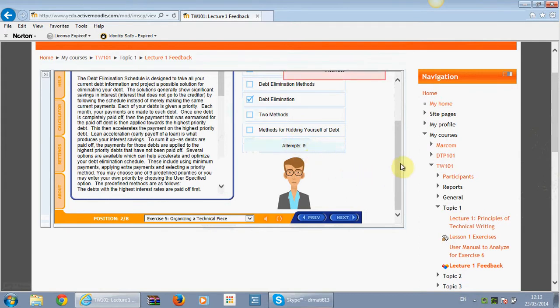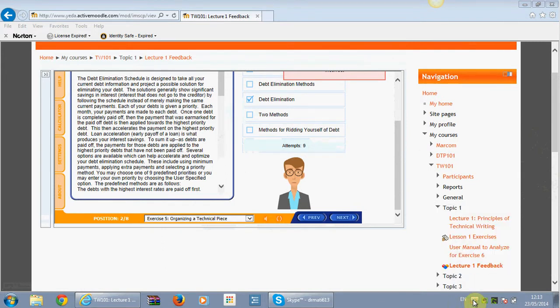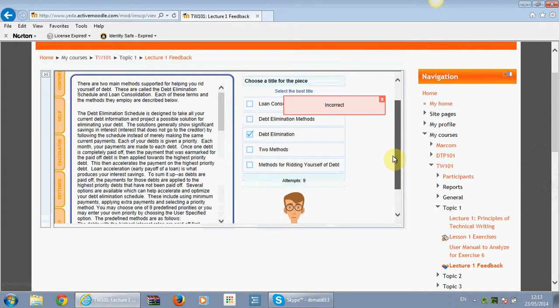The best answer for this question is really the answer, methods for ridding yourself of debt. That's the best title. Why? Because you have to first consider your audience and what your audience expects to learn from the piece. You then have to figure out which title will most connect up with what the audience has in mind and